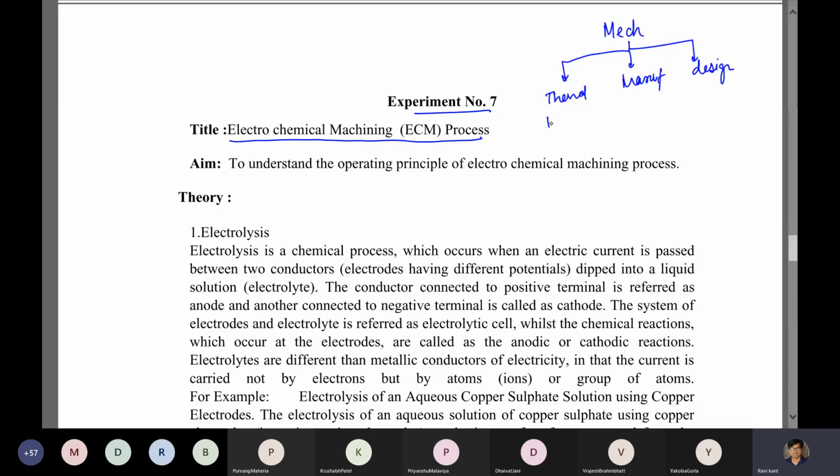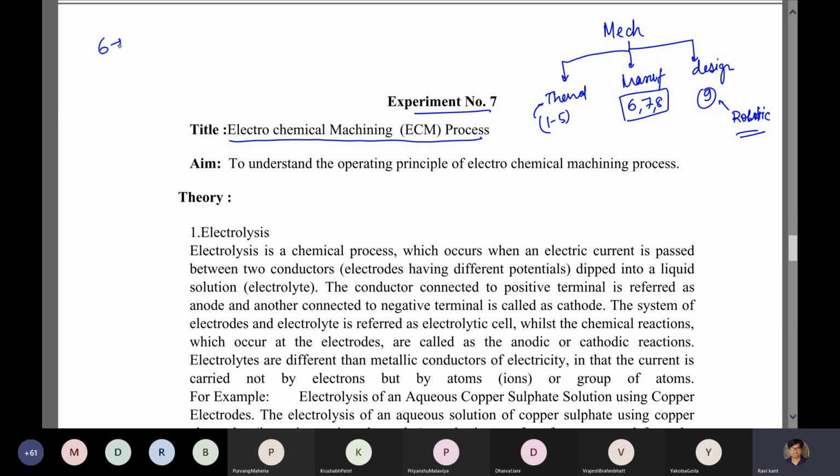We have covered experiments 1 to 5 of the thermal domain. Manufacturing, I told 6 and 7, but 6, 7, and 8 all come under manufacturing. And design, we have one experiment, the 9th experiment, a simple robotic system, to understand robotic systems. 6th, we had the lathe machine,